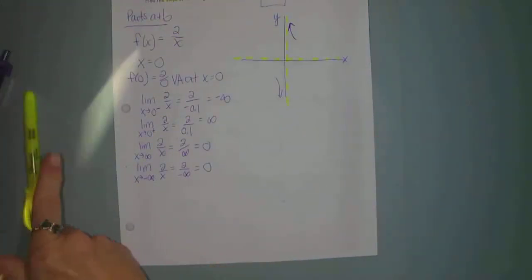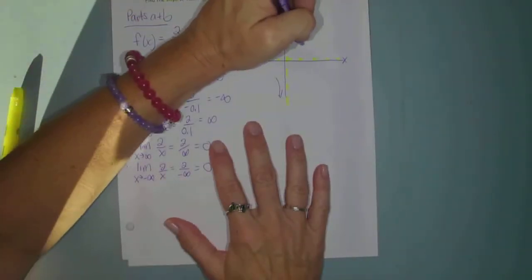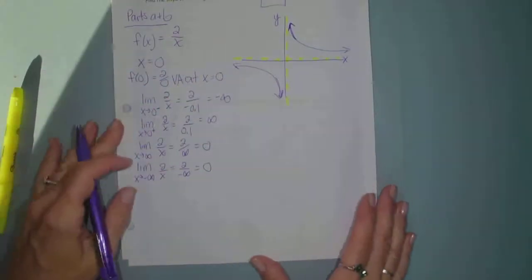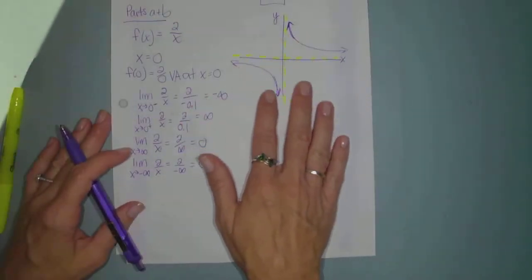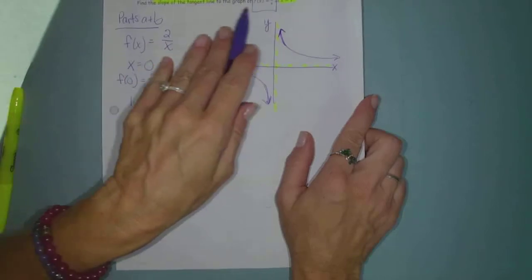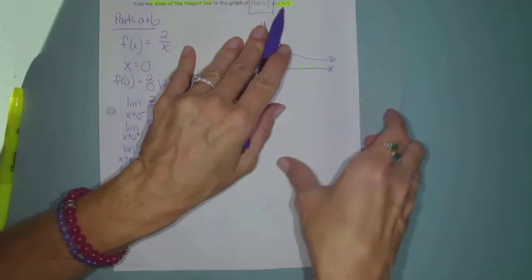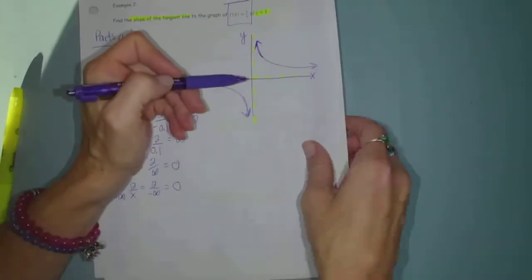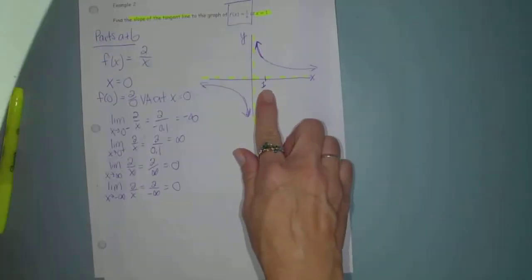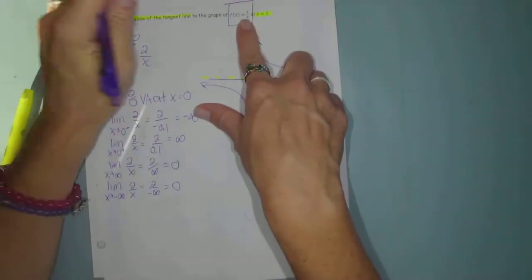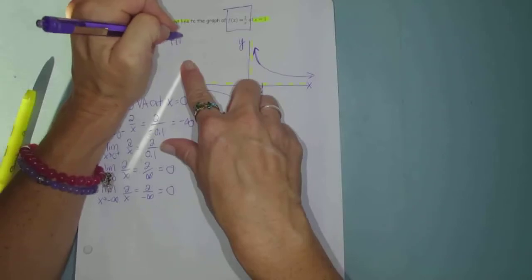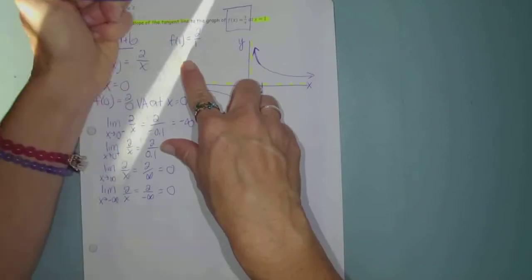Okay, so basically my graph is going to look like this. That gives me a visual idea of what I'm dealing with. Now, they want us to find the slope of the tangent line when x is 1. So if I come over here on the x-axis to x equals 1, let's see what my y value is. If I evaluate f of x when x is 1, then f of 1 would be 2 over 1,